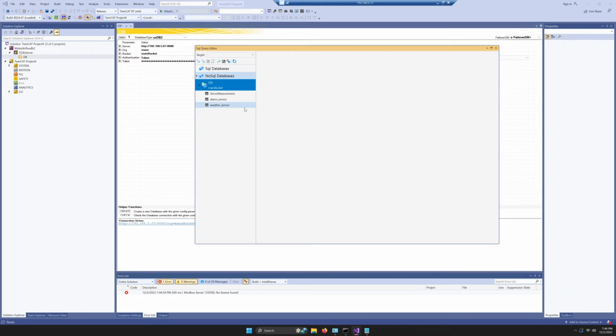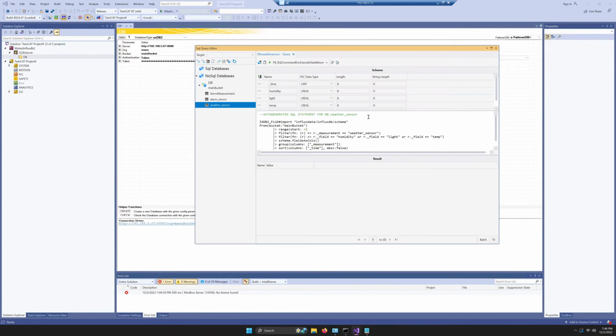send a query to the weather sensor, I just right click here and then click the query. Done. It's great that Trinket automatically created the command for us, and you can just press this button to send the query from your Trinket runtime to the influxDB. But before I send it, you see this button is fb_sql command